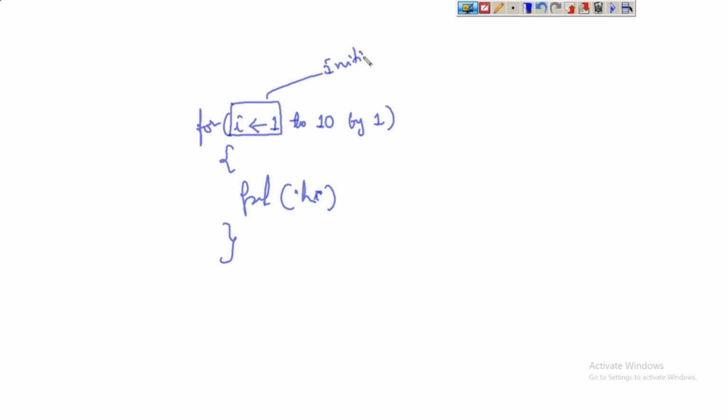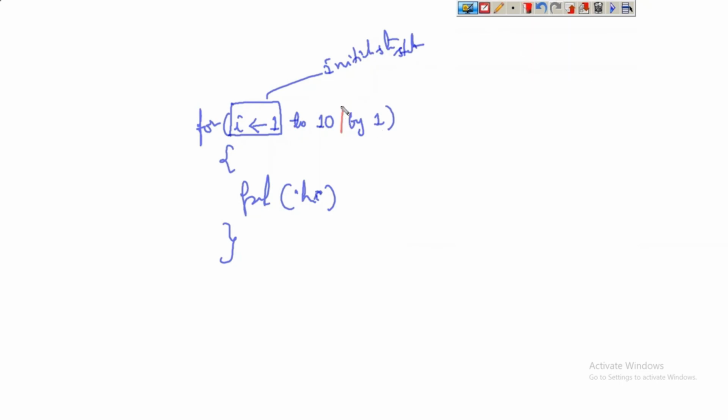See here, for i starting with 1, ending with 10, by 1, and I have written println hi. Now you have to tell me how many times this particular statement will be executed. This is the initialization statement. How many times will it be executed?